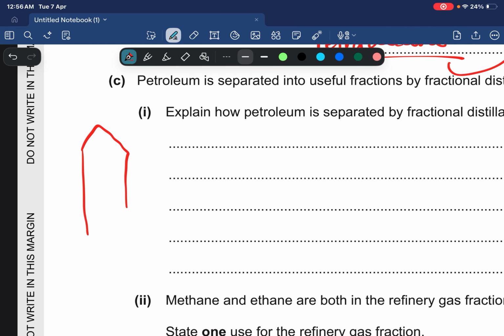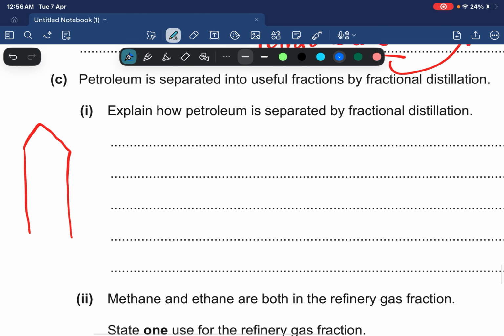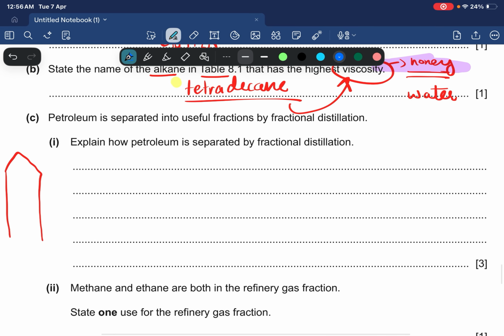There are many good YouTube videos over here. You pass the petroleum vapor into your fractionating column, and on the basis of different boiling points, it gets separated. Okay, so first point is that petroleum is heated